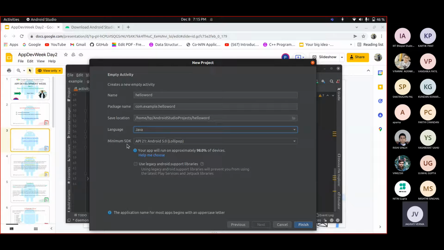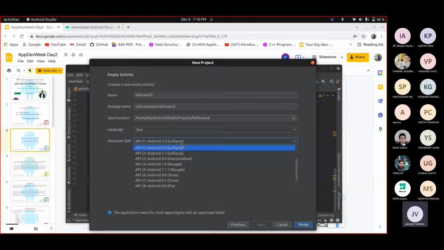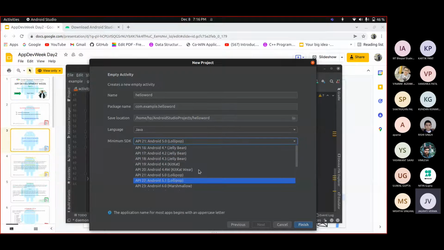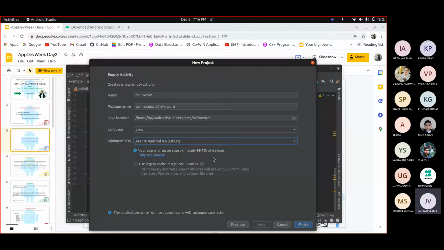Here we also set the minimum SDK, that is software development kit. As I told you, Android has many different versions, and even up till now they are updating it. We also have beta versions like Android 12. Yet it's not in the market, but you can create an application which has a minimum SDK of 12. So we have 10, Pie, Oreo, Nougat, KitKat, Jelly Bean. We usually select the minimum SDK as 4.4 or the 4 series because they have a higher rate of running your application on devices.